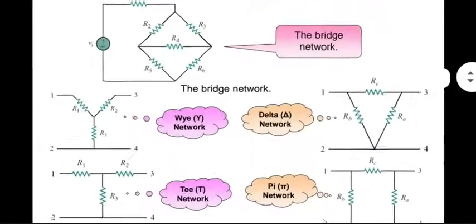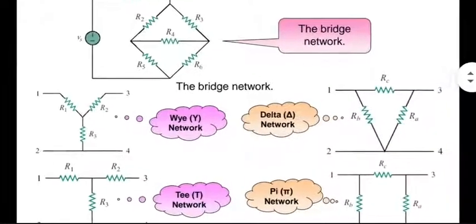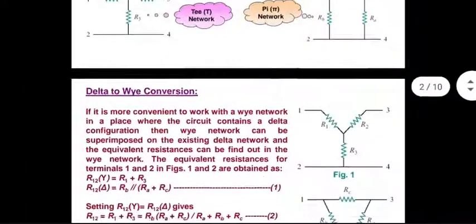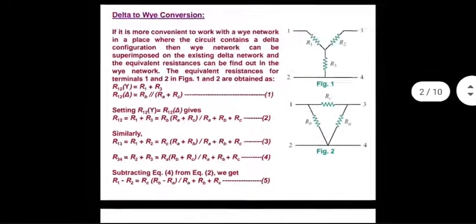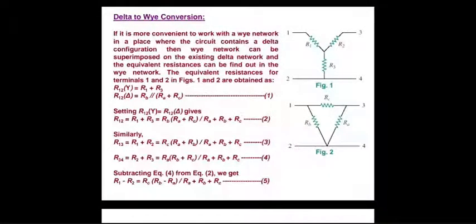For star connection, he is using R1, R2, R3, and he is not using complex loads. He is using resistors. For complex load, R would be replaced by Z throughout. And for delta load, he is using RA, RB, RC. Keeping that in mind, he has derived the formulas for converting back and forth between star and delta. I have done that already in my notes, so you can use that, or you can use these formulas as long as you understand the notations being used. These formulas are identical to those done by me in my notes.